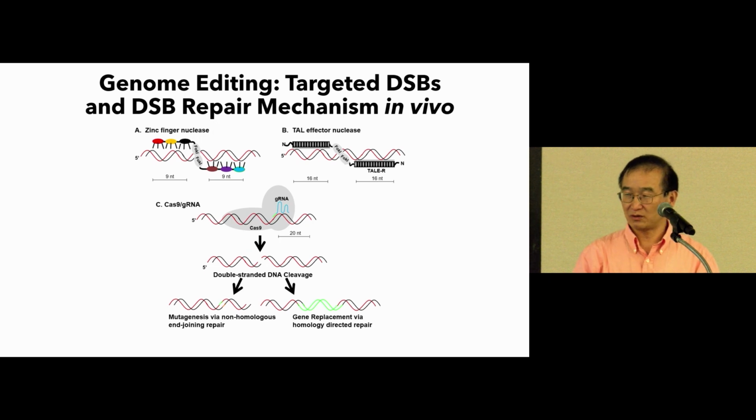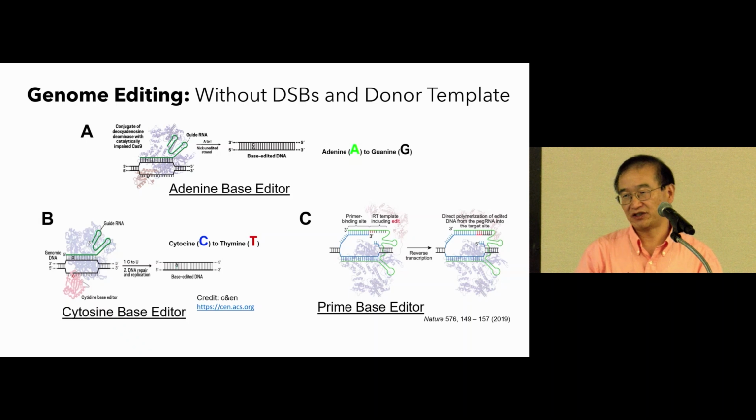Those breaks can be rejoined through non-homologous end joining, which is error-prone and can cause insertions or deletions that are randomized and cannot be precise. The second is through template- or homology-based recombination, and all of those could involve gene replacement. But for the last several years, there has been new genome editing technology, especially based on CRISPR-Cas, that does not involve a double-strand break and does not use a DNA template but an RNA template. That's prime editing, which